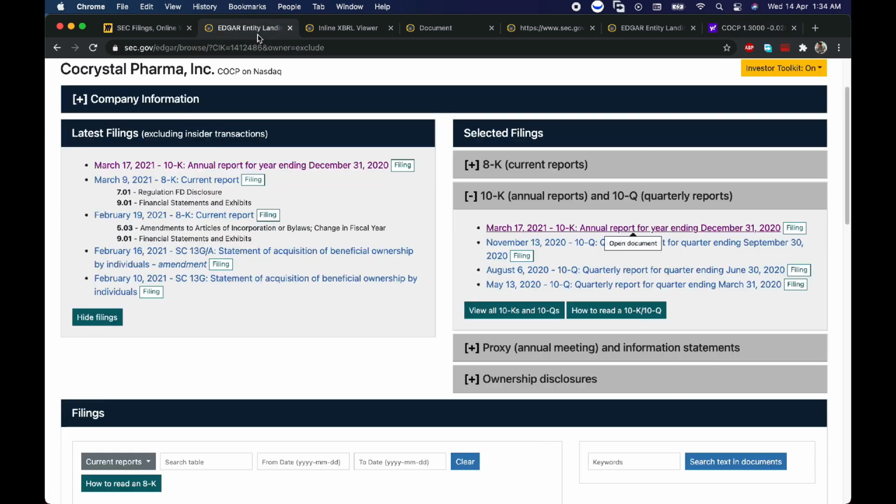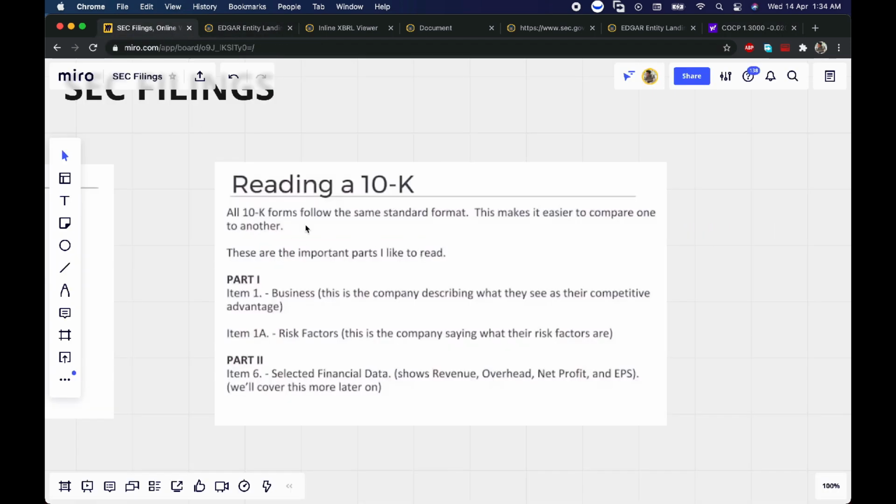That's all I see in the earnings report and stuff like that. So yeah, that's all about the SEC filings and how to read them. The most important one is reading a 10K, because that's where all the hidden things about the company are. That's where you can find catalysts and the ins and outs and the small little details of the company.